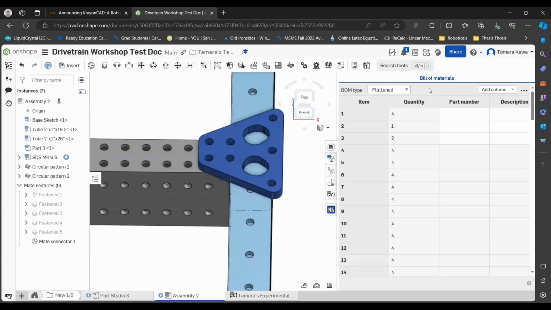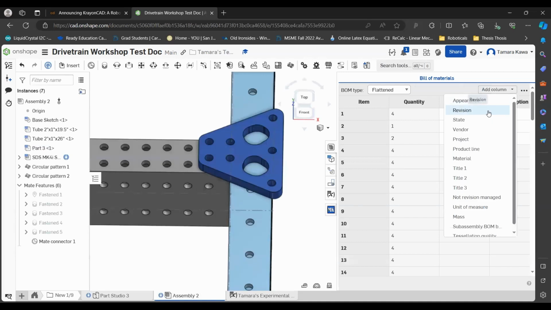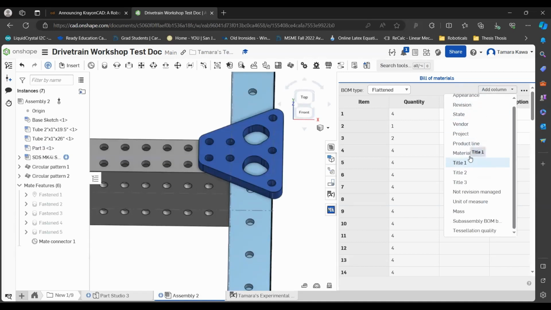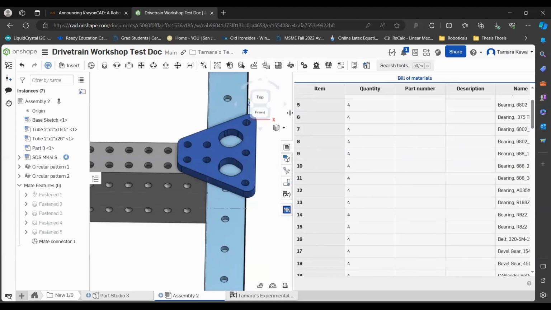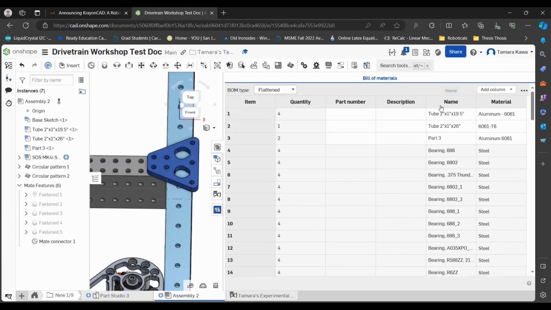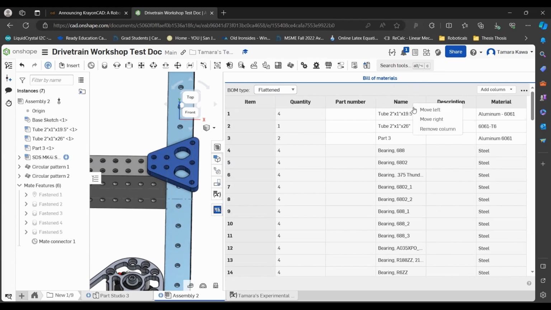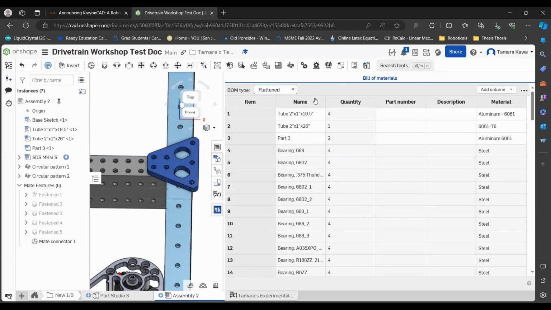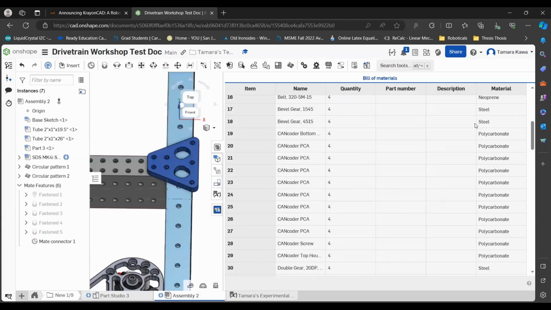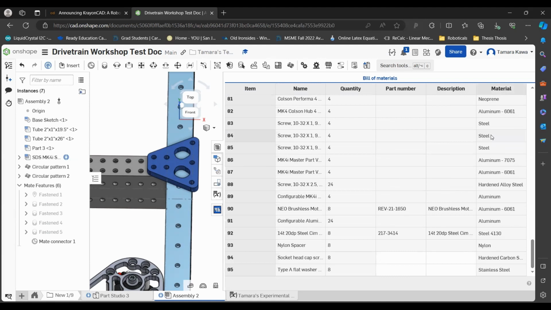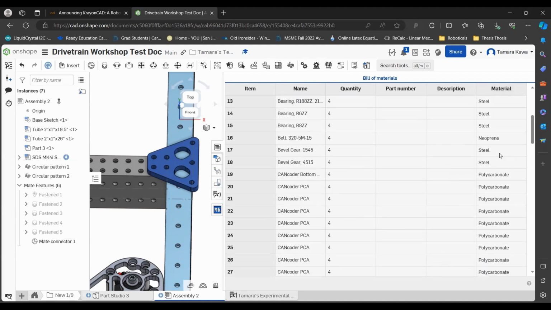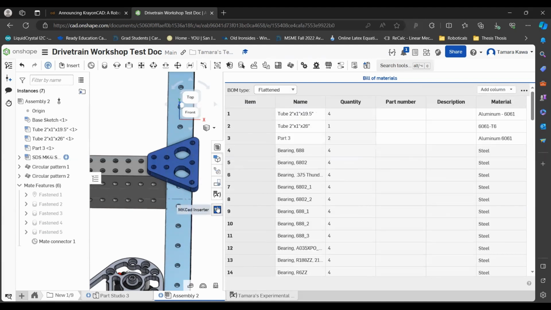Oh, and also to show you real quick the BOM table. So you can actually add columns if you want to. You can add materials. Let's quickly pull this out. So yeah, you can use this to generate something like a bill of materials. And that's going to be really useful when you're purchasing materials in advance, when you're trying to determine what has materials defined and what doesn't. Right now, everything has a material defined, which means